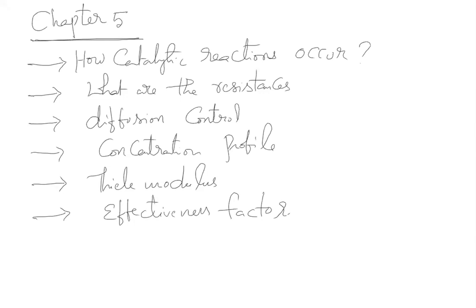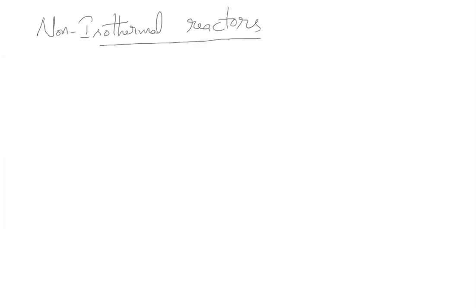So can you take 2-3 minutes and revise the entire chapter 5? Then we'll go to the next topics. Now there are 3 topics; they are not chapters basically. One is non-isothermal reactors. Numericals, whatever you have solved, 4 or 5 problems. I think we have solved 5-6 problems in chapter 5. Chapter 5 is mostly theory.